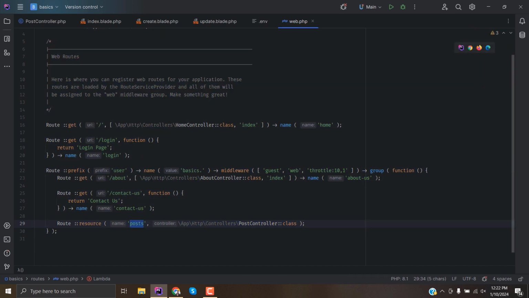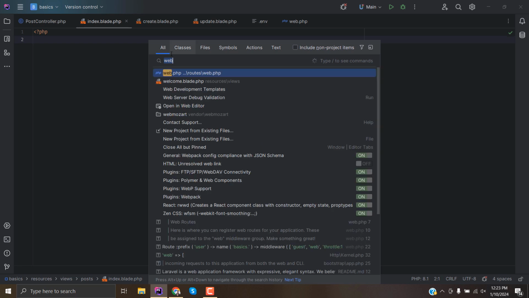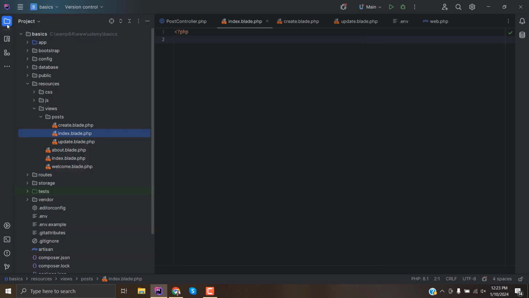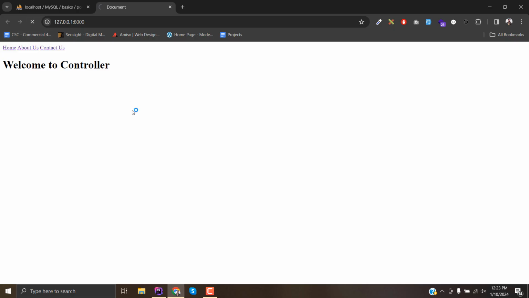And now what we can do is copy this posts here, and let's go to index.php. We had created this here, and let's define a new route here, and maybe let's call it posts. And here, posts.index. All right, now if I reload the page,